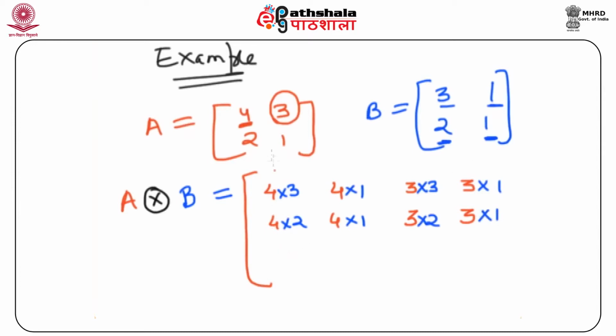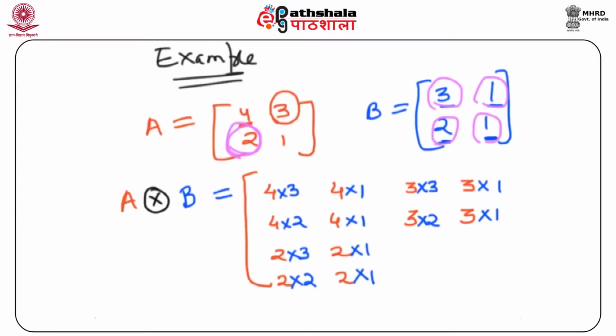Similarly, we now take this particular element of the matrix A, it is 2, and we write 2 at these 4 places, and what we'll do is, we'll multiply by 3, then 1, then 2 and then 1 in these respective places. That is, what we get is 2 multiplied by 3, 2 multiplied by 1, 2 multiplied by 2 and 2